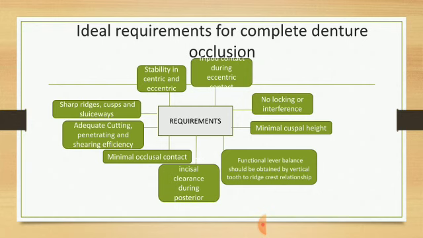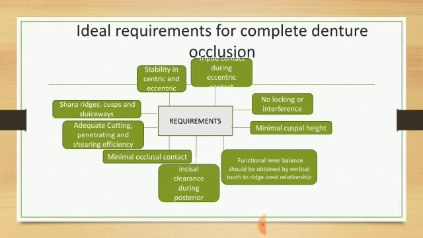So the contact maintained should be minimum a tripod contact. If the patient is protruding the lower jaw, in that case there should be contact in the anterior as well as on the posterior on both sides. As we have three points of contact, it is called tripod contact. So tripod contact should be maintained during any type of eccentric contact. Eccentric is anything other than centric, let it be protrusive or lateral.